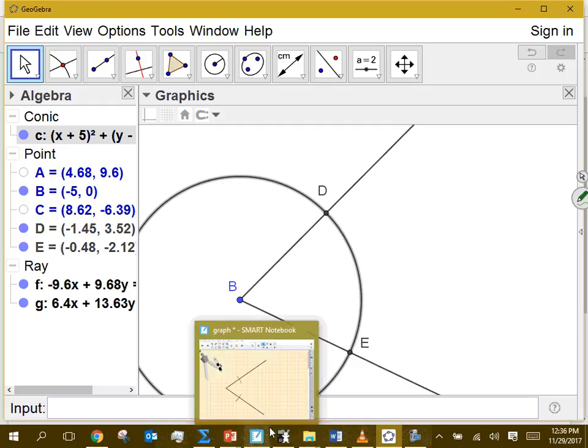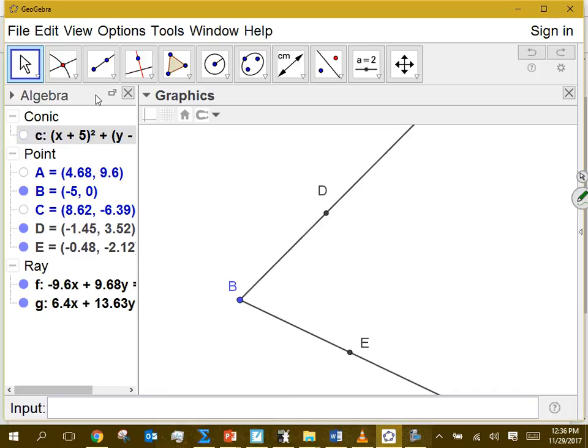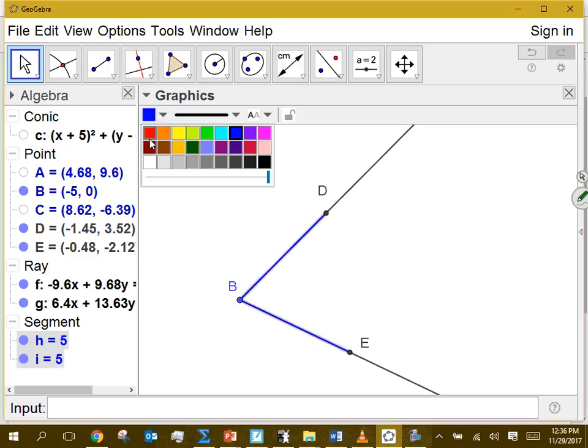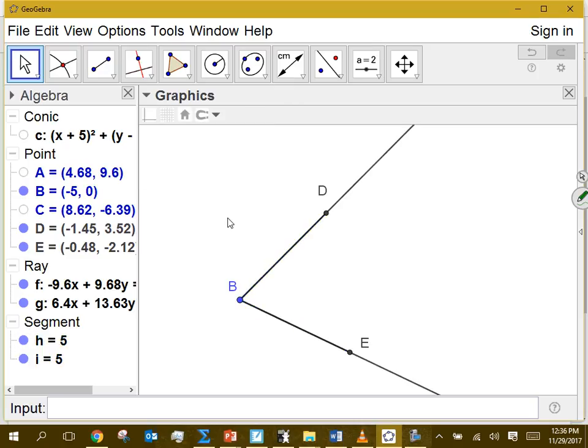So what I want you guys to do real quick is go up to your segment tool, click on it, and then click on B, and then to D, and then B to E. Now yours is probably going to be black, so I'll make mine black, because I don't really care about the colors right now. But what that does for us is, down on the bottom left-hand side in the algebra pane, you can see that H is 5, with B to D, and I is 5, with B to E, right? Those are congruent